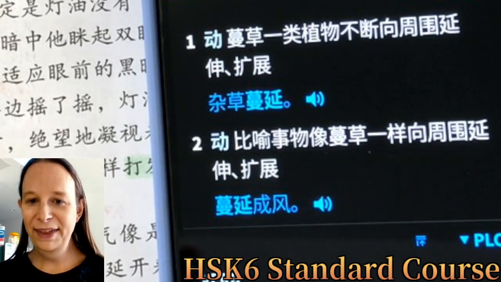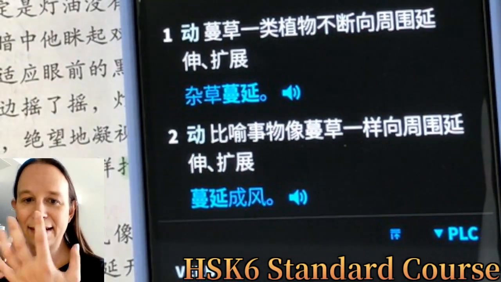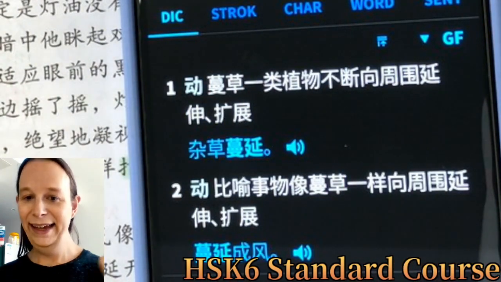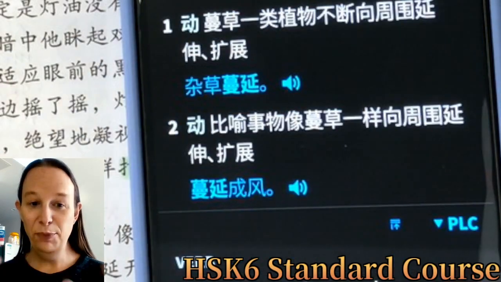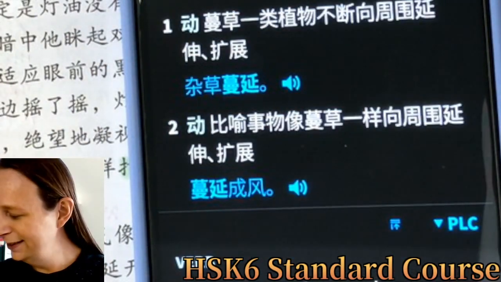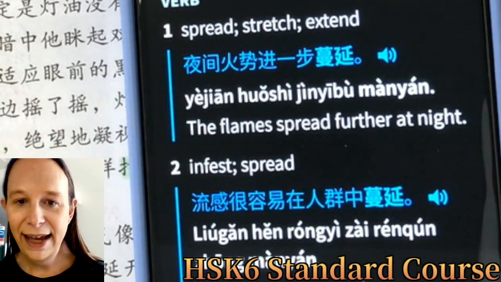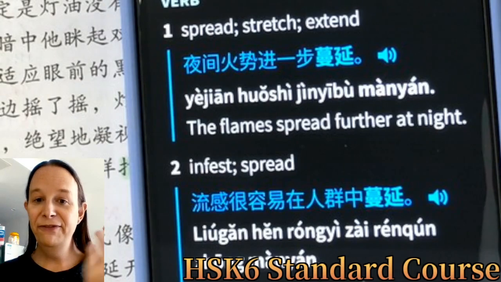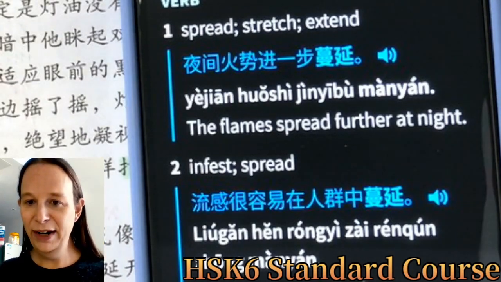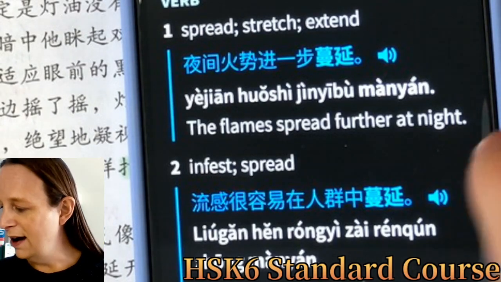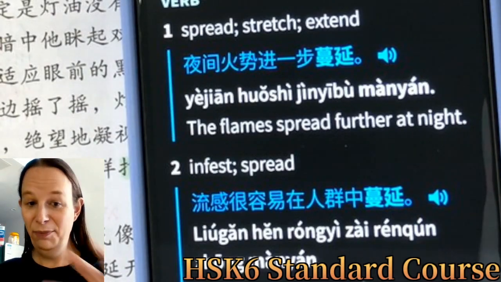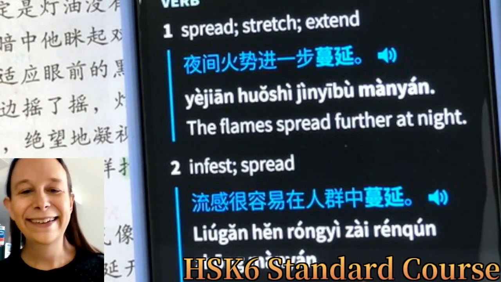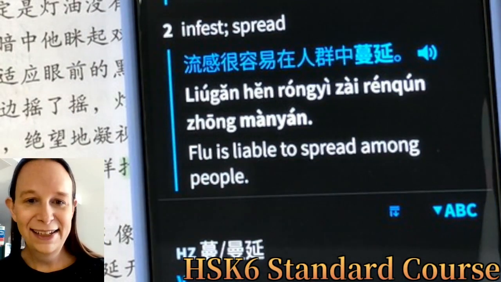All right, so it's the same thing, but instead of something physically moving like ivy, it's something that's spreading like ivy. What do we got here? 夜间火势进一步蔓延. So the fire is spreading. The flames are spreading. At night the flames spread 进一步. So they spread an extra notch. Infest, spread. Yeah, so